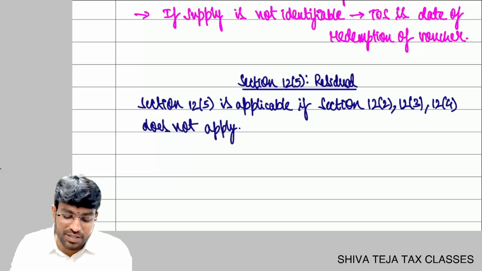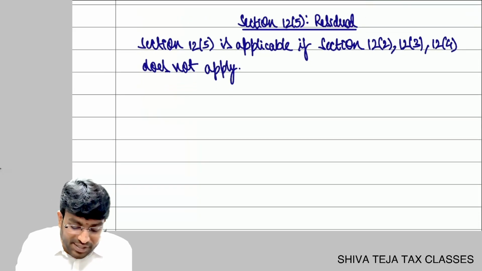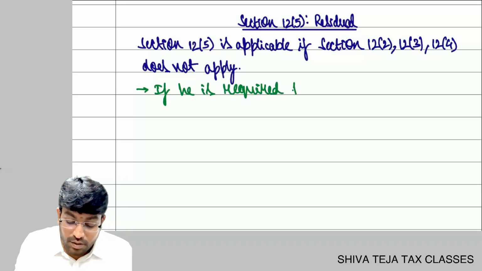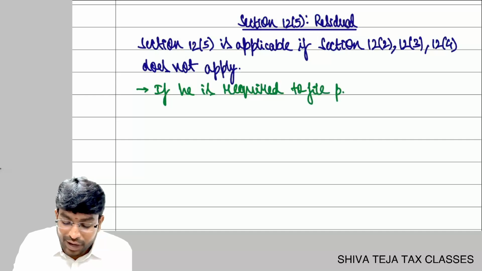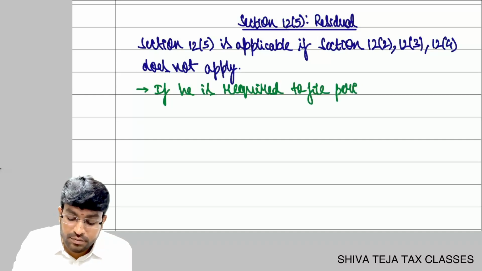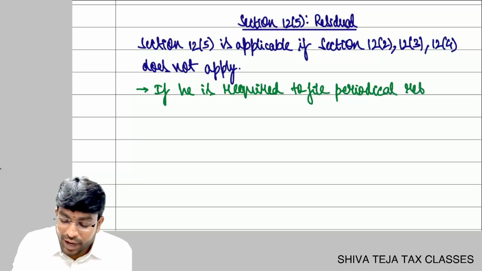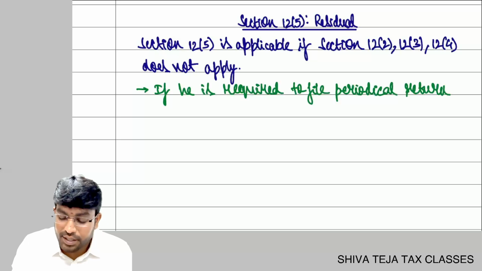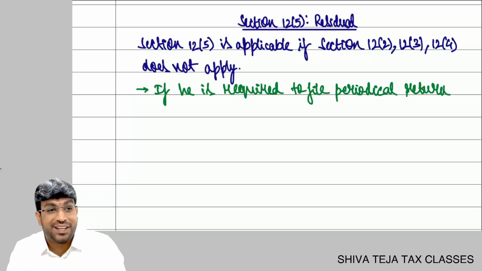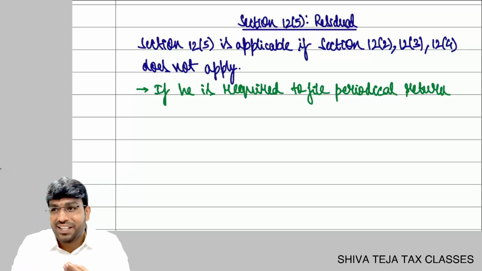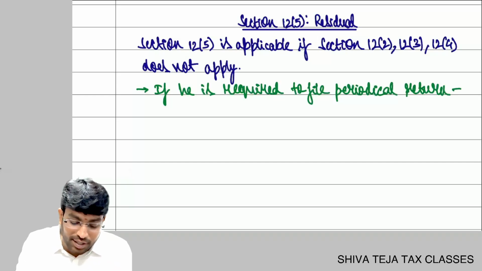Let's understand that. 12.5 says, if he is required to file periodical return. And who is required for periodical return? Obviously a registered person. If he is required to file periodical return,